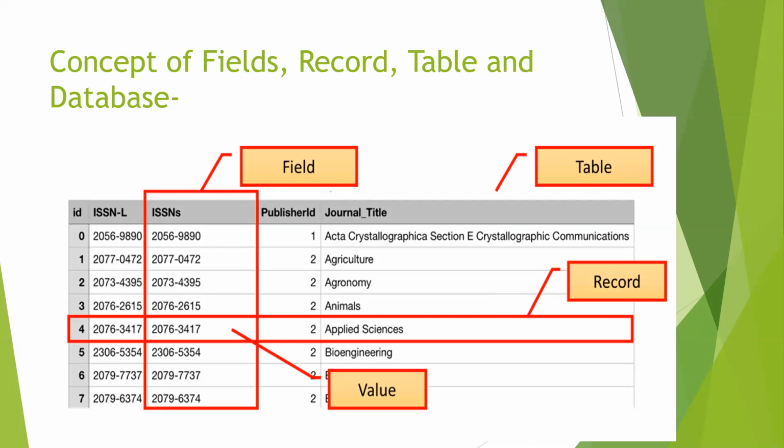Why are we saying so? Suppose I just want to take out the details of roll number 2 in a particular subject. How am I going to say this? I want the record of roll number 2 in the field of physical education. So field means the columns, the categories basically, and the record is the whole data of that student. So this is a table, and the values are those which we are going to put inside the data.